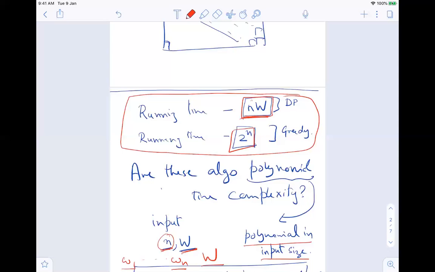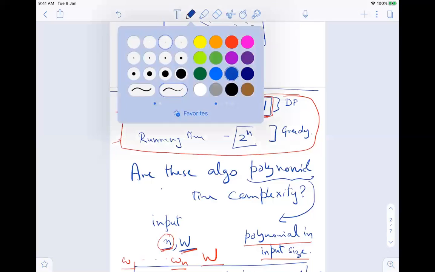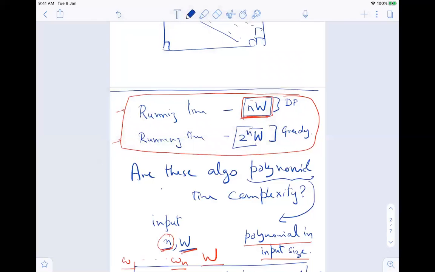Okay, so here, if you go over this perfectly, this whole thing will not actually be N times W, it will be this actually. And this will be exponential in both the parameters. So this one is exponential in one parameter, this is exponential in both parameters. There is a subtle difference between these two quantities. So this is of course better than this,